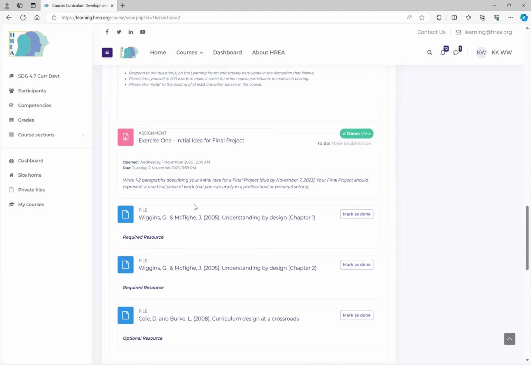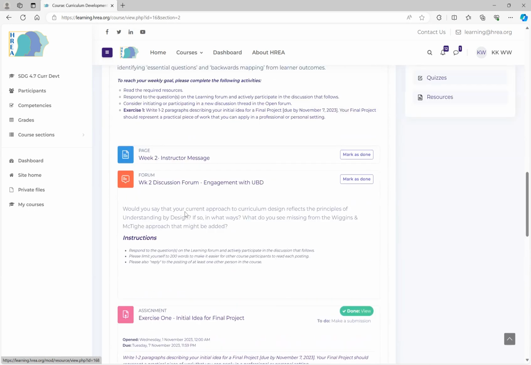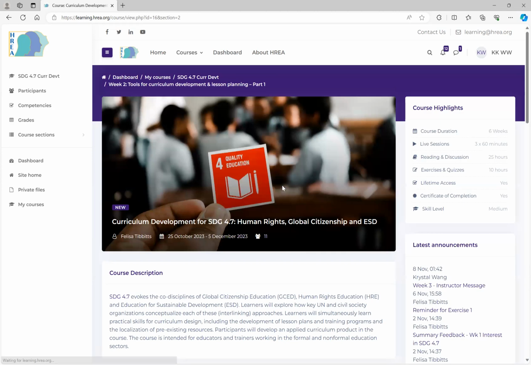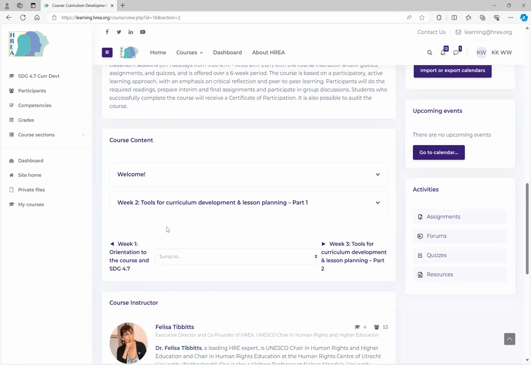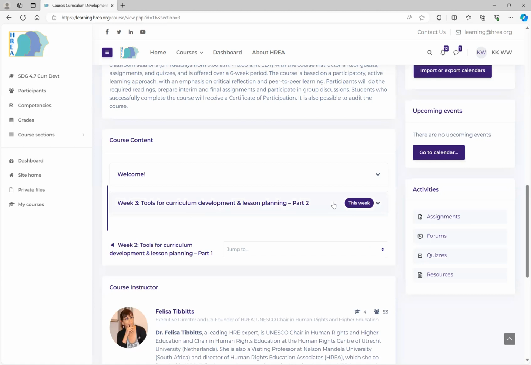Under exercise, you can see the files. Some of them are required resources as labeled, and the last one is an optional resource. And all of these files are downloadable. Similarly, we can go to week 3, as I just showed. You can either use the drop-down menu or click on week 3. Here we are on week 3,